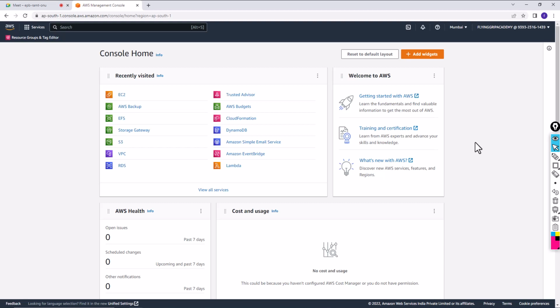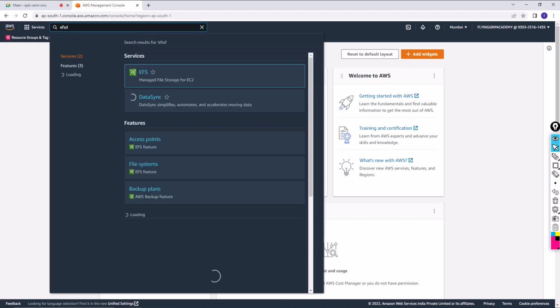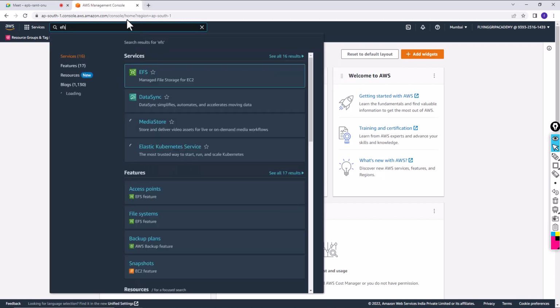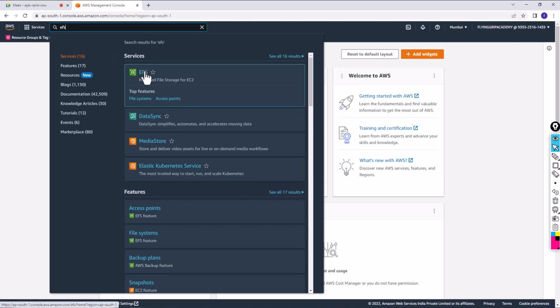Today we are going to discuss EFS. So here we are having an EFS. EFS stands for Elastic File System. Let us click on the EFS, or in the search bar you can type EFS. Whenever you type EFS in the search bar, you will find EFS here and click on